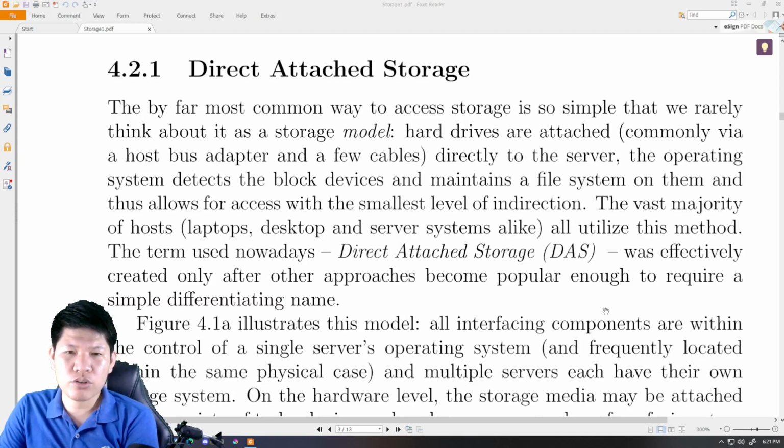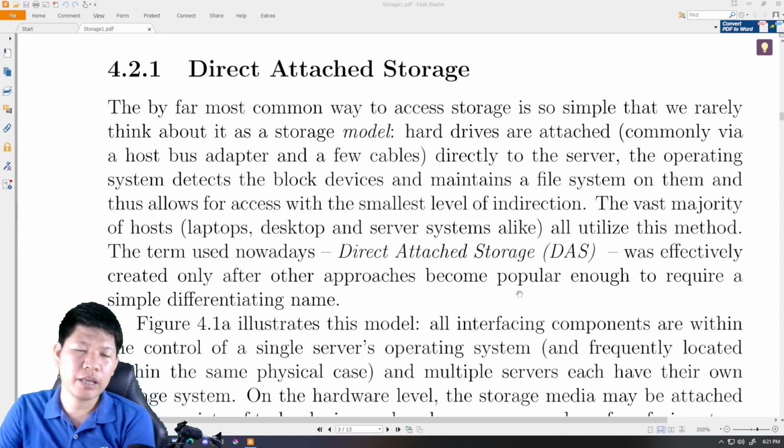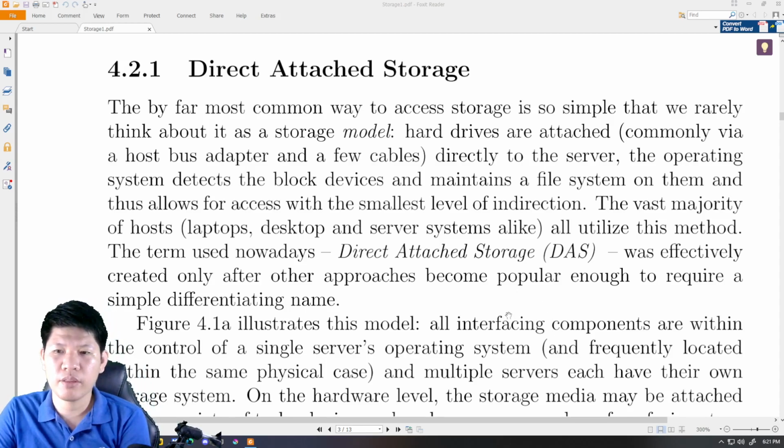So for our first storage model, we have direct attached storage or DAS. The most common way to access storage is so simple that we rarely think about it as a storage model. Hard drives are attached directly to the server via a host bus adapter. Host bus adapter, that's your either IDE cable or SATA cable, or your USB plug and play cable, so that your hard drive can be read as flash storage. So the operating system detects the block device and maintains a file system on them and thus allows for access with the smallest level of